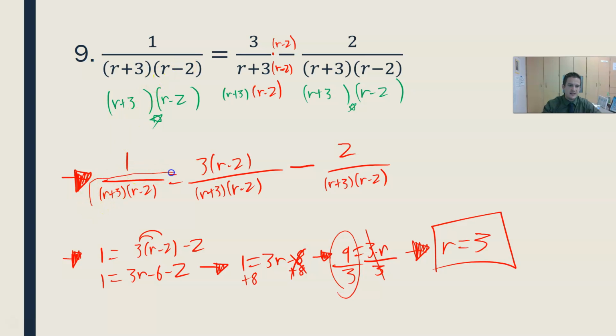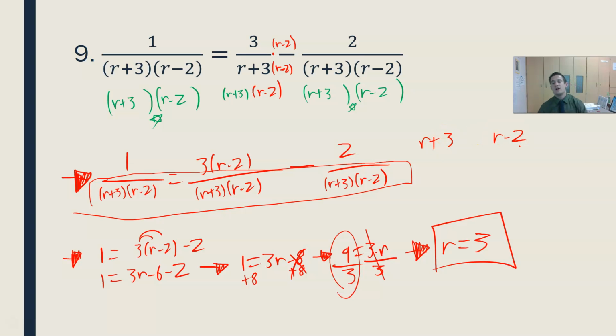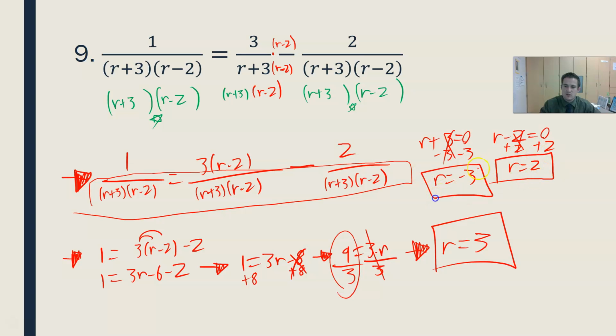So before I simplified anything, here's what I had in the bottoms of these fractions. I had r plus 3 and r minus 2. I need to set each of those equal to 0 to find what my excluded values would be. So if I subtract 3 on both sides, I get r equals negative 3. Add 2 on both sides, I get r equals positive 2. So those are my